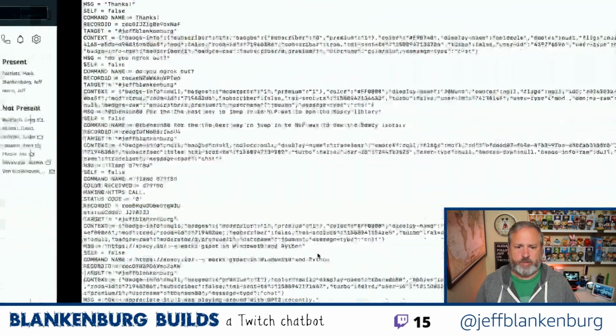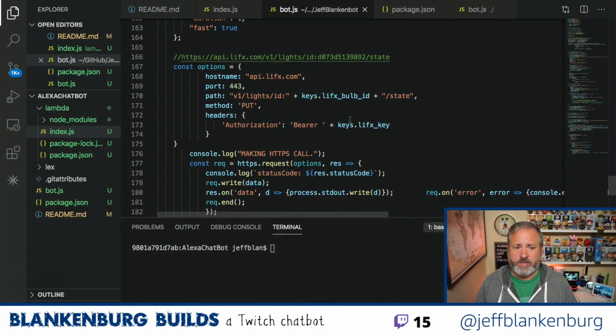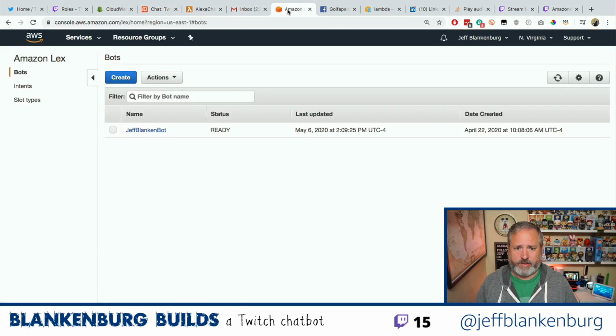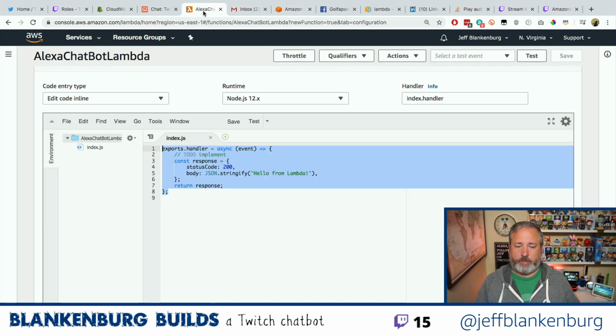So like I said, there's three pieces. If I can go back to my code, there's this thing that runs in Node, this bot. There is the Lex functionality, and this is when someone says, Alexa, tell me about account linking, or Alexa, tell me about Karthik. I'm able to pass that message off to the chatbot, to Lex, and have it tell me what the user said. What did it match in the things that I might have expected them to say? And then I use the Lambda function with Lex to be able to craft a response, call out to my database, get the appropriate data, and pass that back to my chatbot so that it knows what to say.